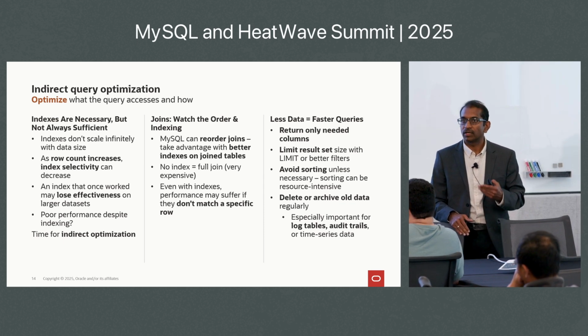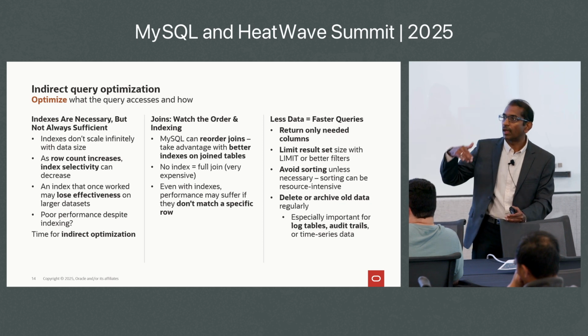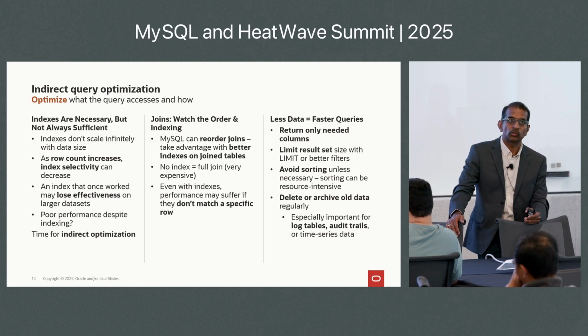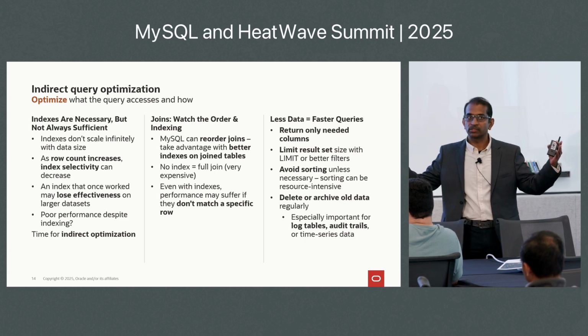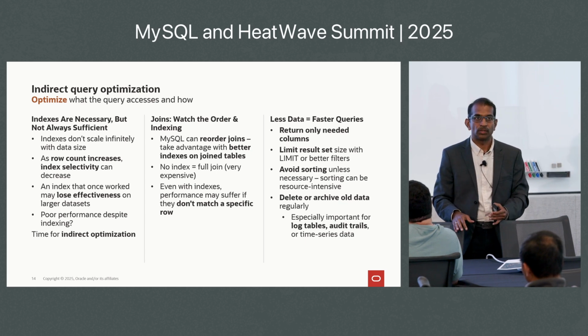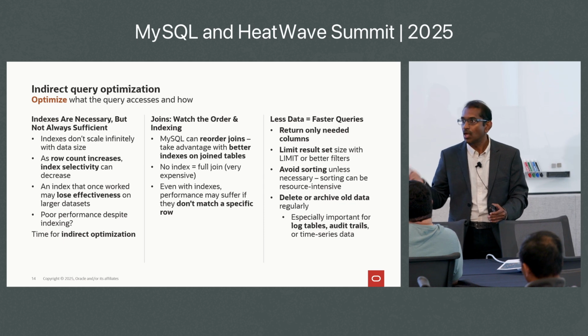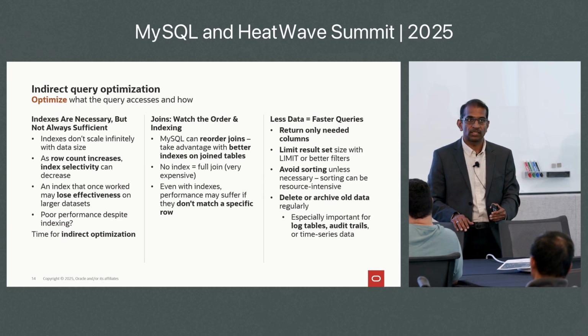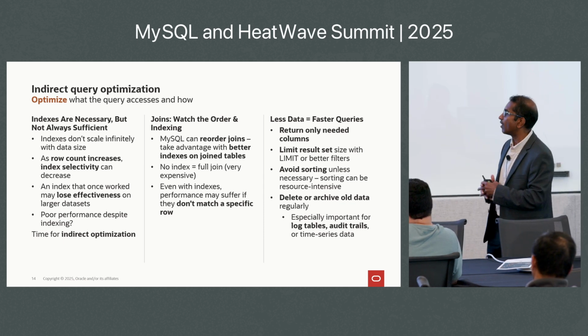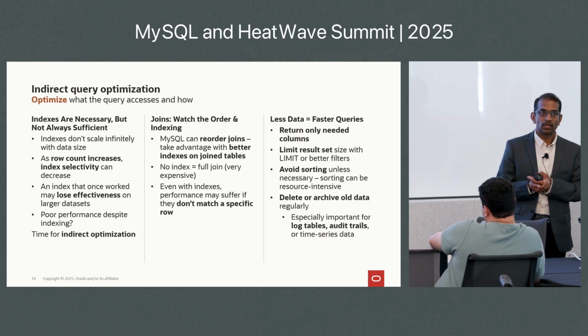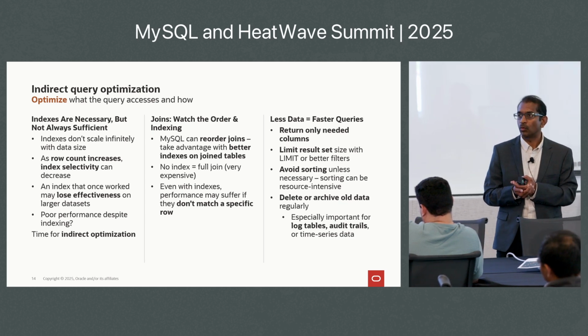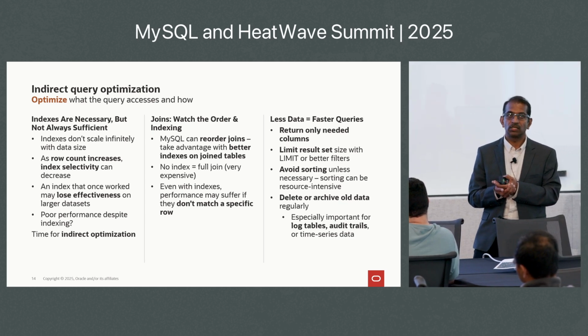The selectivity of that index was lost, and then more data came into the database over a period of time and then maybe there are clustering issues. The data got spread across the table and the index is not behaving well. Maybe a good idea to reconstruct the index or maybe retune the indexing strategy and things like that. And you have done that too. You have poor performance despite retuning the index, and that's when you have to look for indirect optimization techniques, like